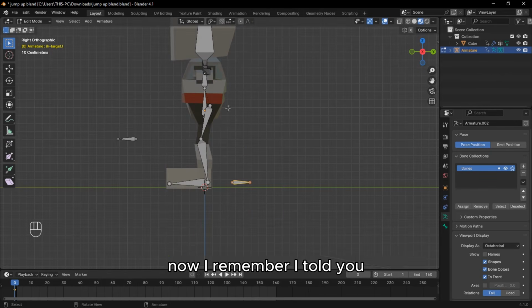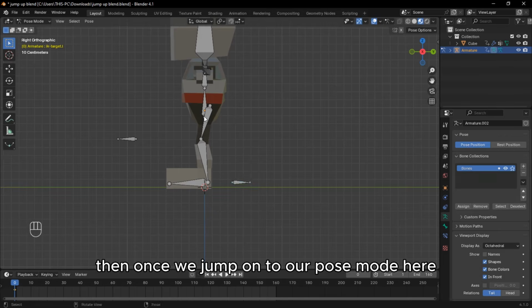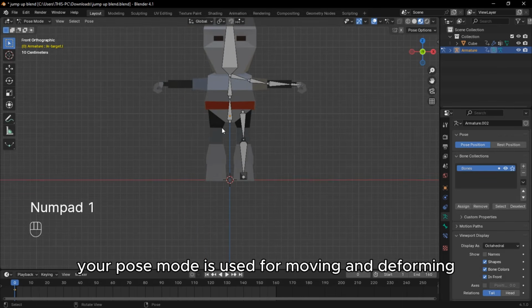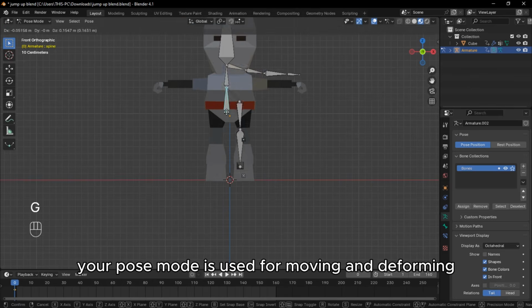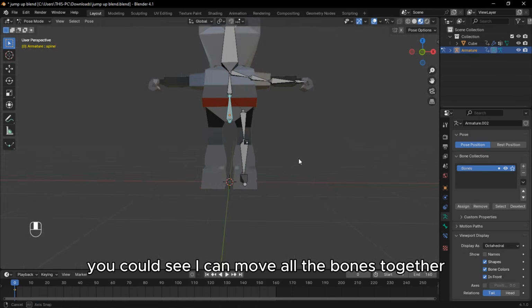Now I remember I told you edit mode is where you create your bones, rename your bones, parent your bones. Everything about working on bones is done in edit mode. Then once we jump into pose mode, basically pose mode is used for moving and deforming the bones. So if I click on this and I click on G, you can see I can move all